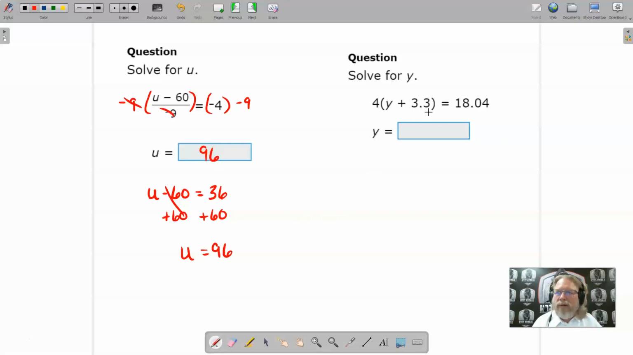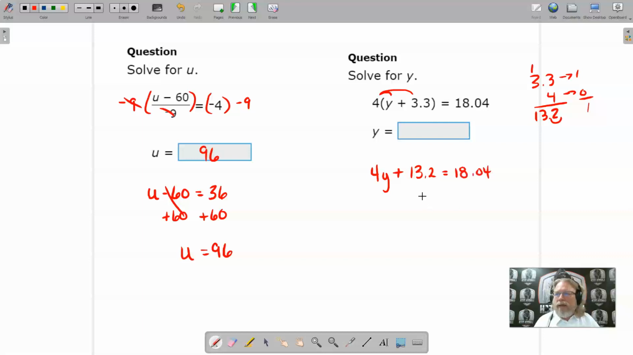On the next problem here, we have 4 times quantity of y plus 3.3. So we need to go ahead and distribute this 4 into both of these values that are inside the parentheses. So 4 times y is going to be 4y, and 4 times 3.3, well, it's going to be positive, we know that, and 3.3 times 4, well, 4 times 3 is 12, carry the 1, and again, 4 times 3 is 12, plus 1 is 13, and we have one number after the decimal place there, and none there. 1 plus 0 is 1, so we need to move the decimal over one place, so that's going to be 13.2 equals